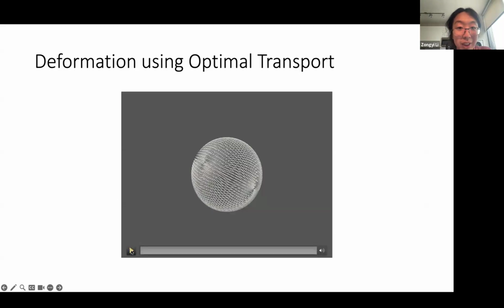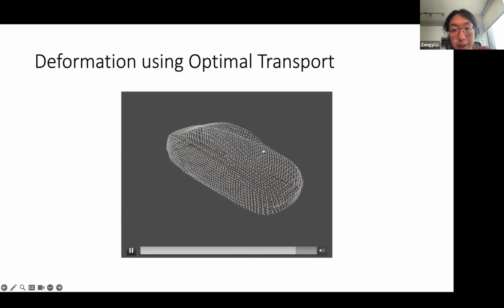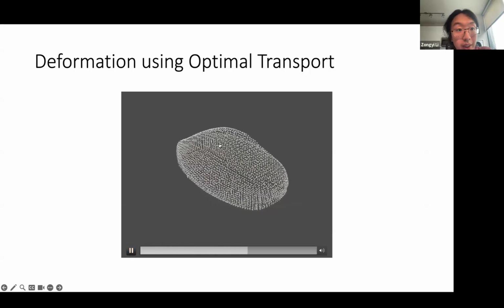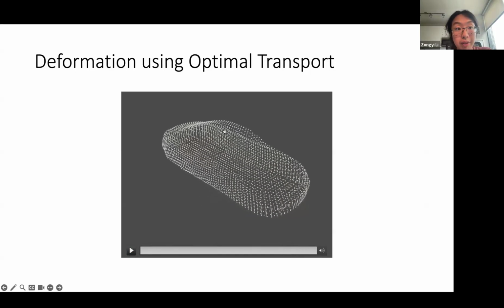Another interesting idea is to use optimal transport as a geometry transform. For example, here, I deform a uniform density on the sphere to the given density of the mesh, because I view the input-output mesh as a density function, so it's quite natural to do that with optimal transport. Most importantly, it can be done in a fast manner, where the exact optimal transport is cubic time. We can use Sinkhorn with quadratic time, or for these 3D cases, there are fast approximations that can be done in linear time.